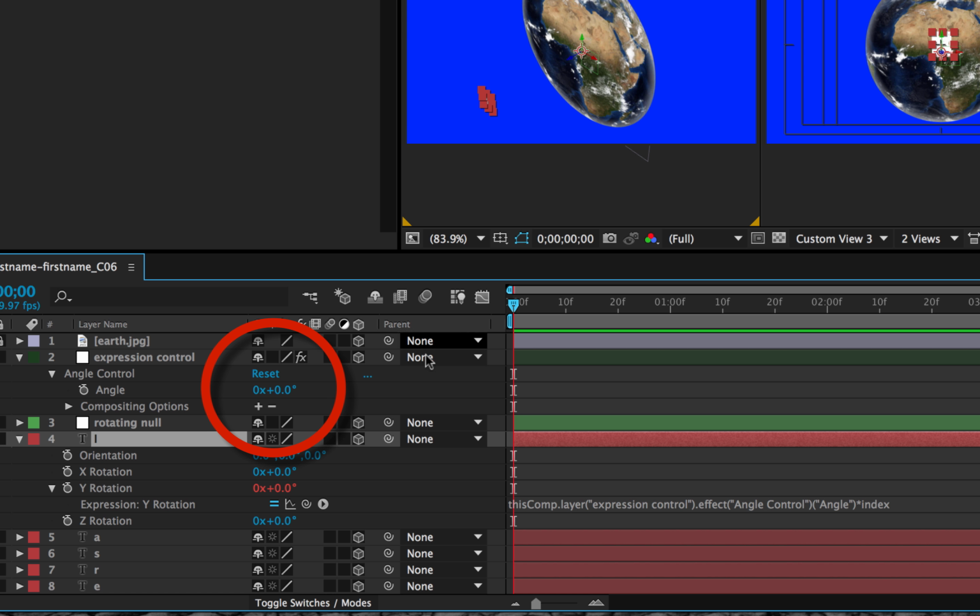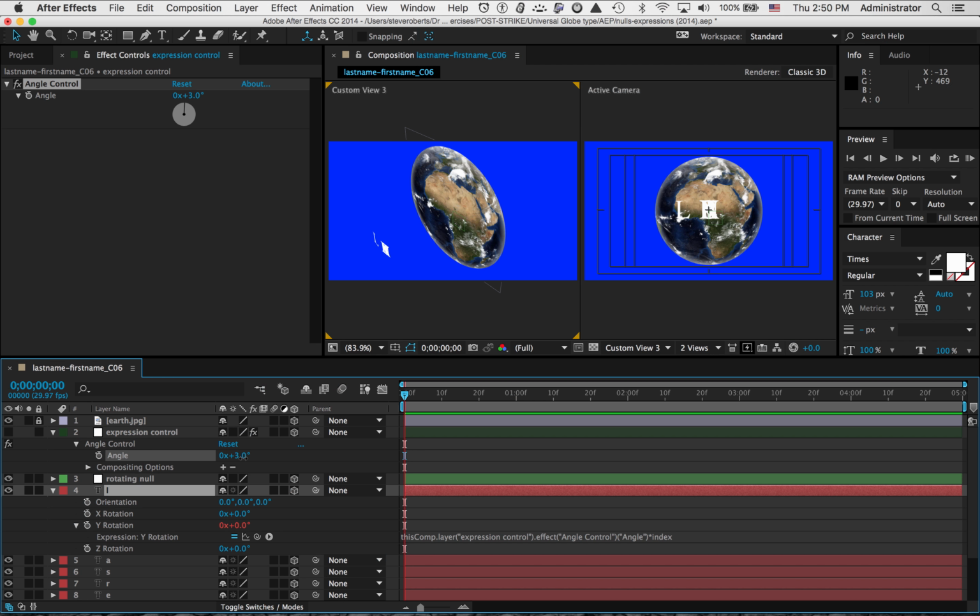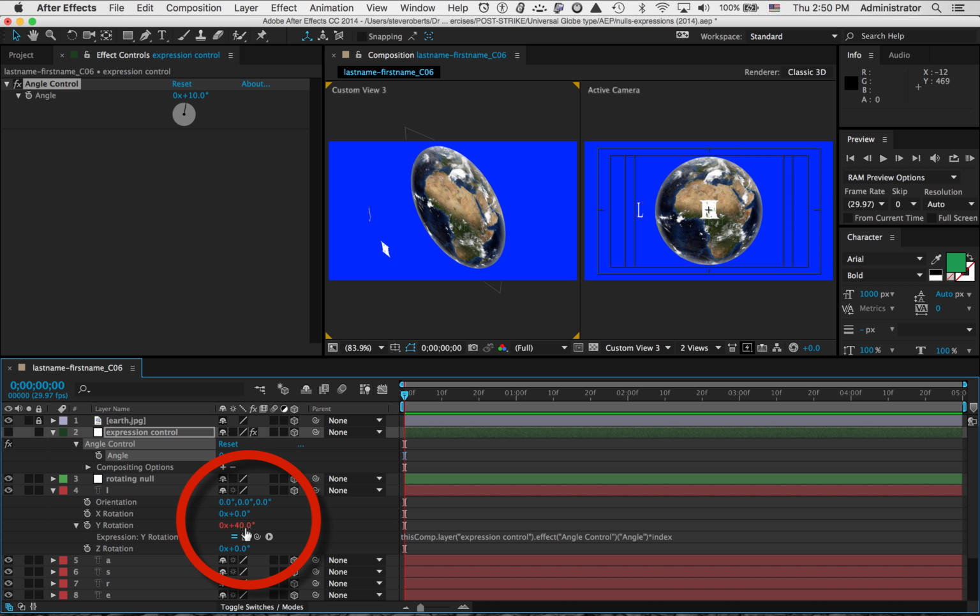Now, the angle is still 0 here, which is okay. And that means that the Y rotation is still 0. By the way, when it's red here, that indicates that an expression is telling you what to do. But if I drag this, let's make that 10 there, so that the angle of the expression control is 10, we see that the Y rotation is not 10, but